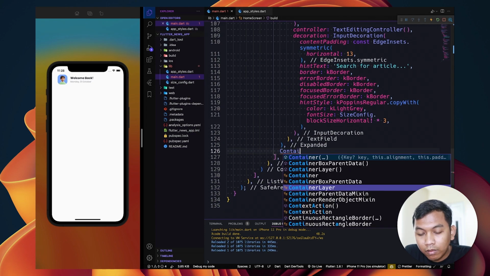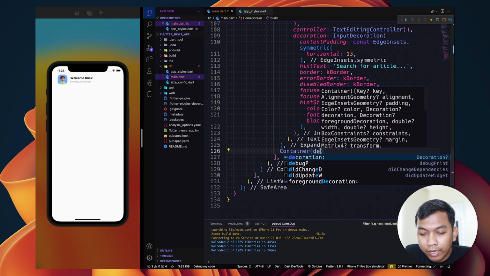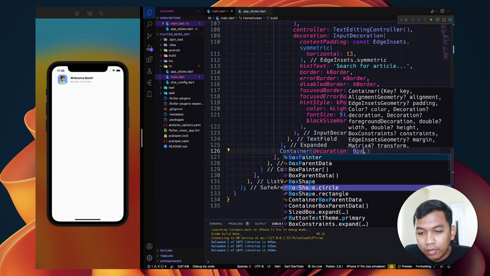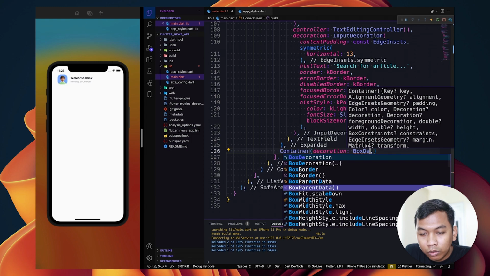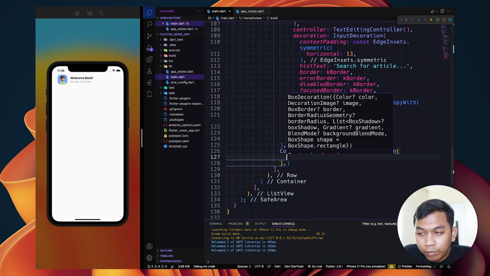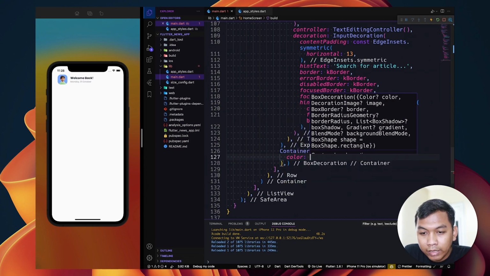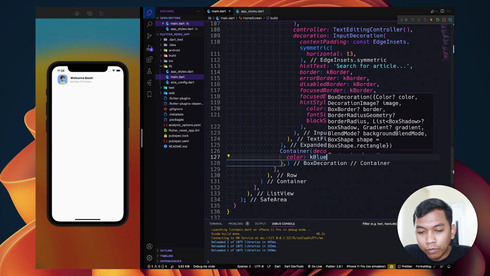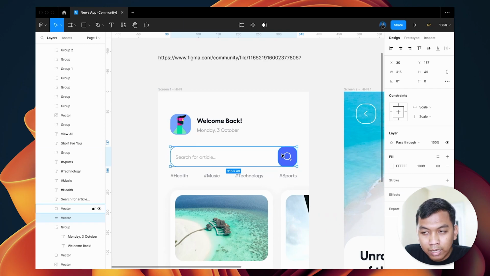below of expanded widget, we have container again, because we want to set box decoration. And inside this box decoration, we will set color to be blue, because we want to create this icon button.